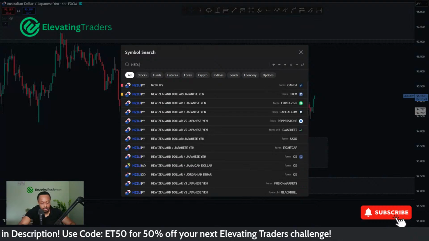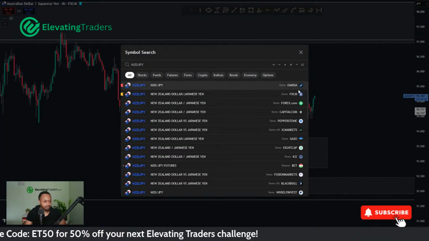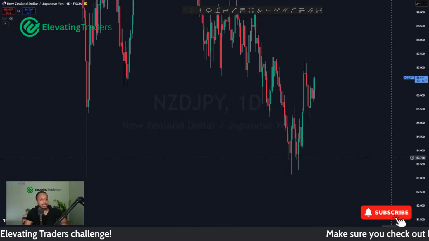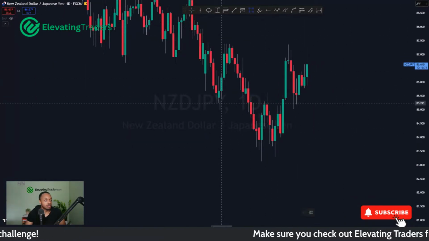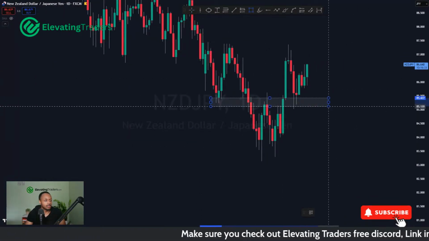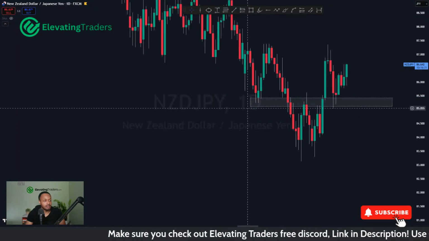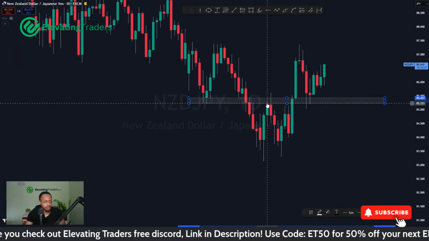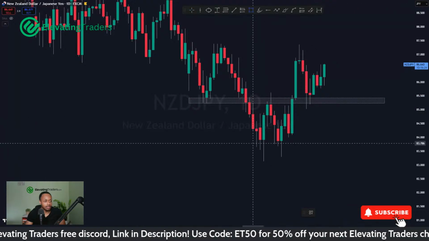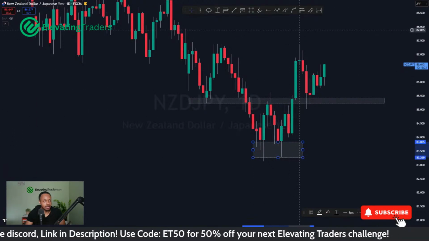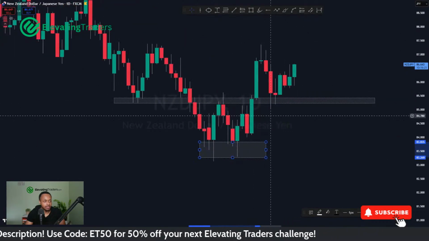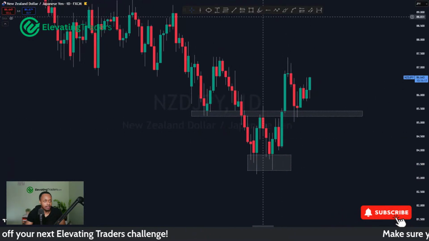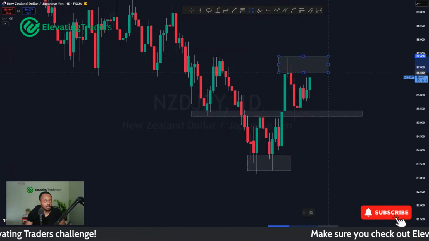New Zealand yen, this one looking pretty bullish as well. If I go to the daily chart, again, solid resistance holding as support here. Well, it was acting as support previously over here on the left. Flipped as resistance, gave us a nice double bottom down here. Then price broke to the upside, came back for a retest. Lovely wicks to the downside, and now it looks like we're trying to see the continuation of that. Again, at least back into resistance there.